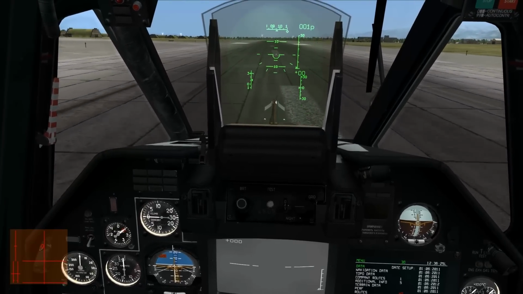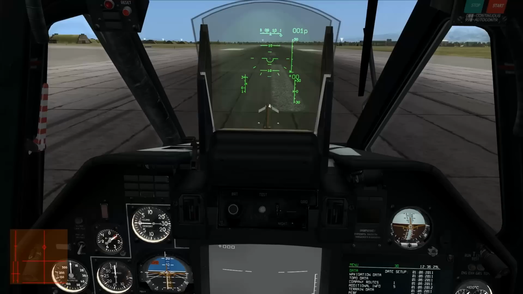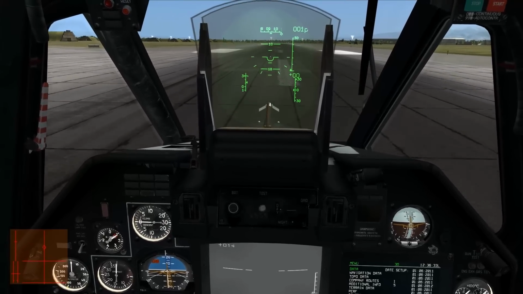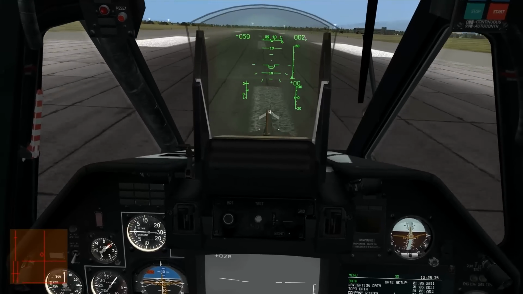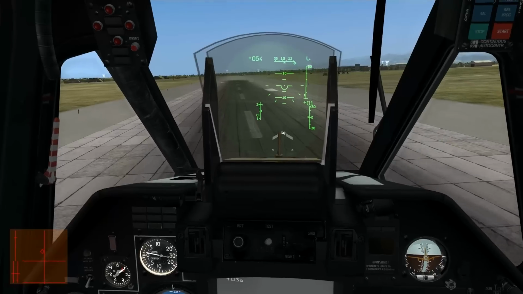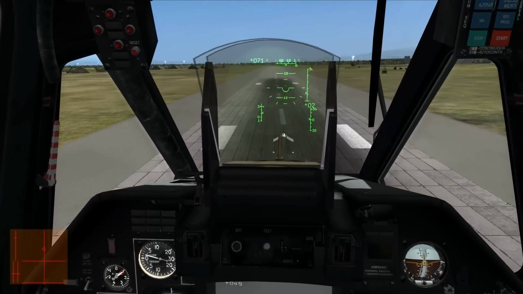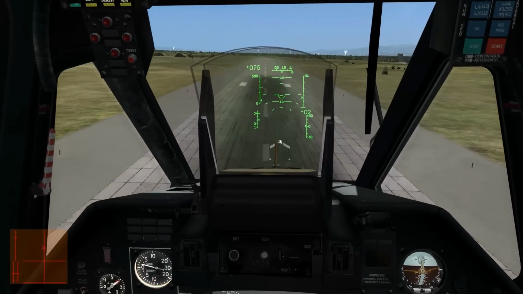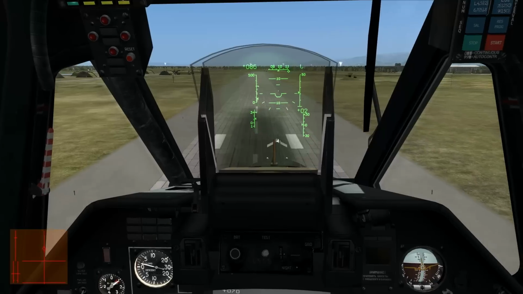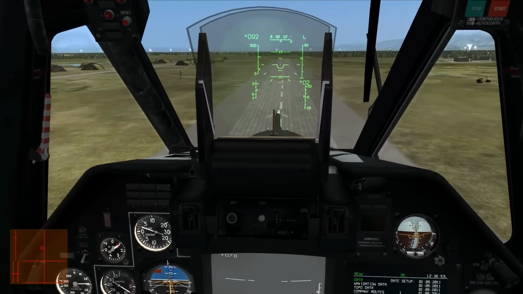and start pushing the stick a little bit forward, and you can see I'm adjusting it to maintain us straight on the runway. And now I'm going to increase my collective up to about 80%, and we start to become airborne. I'm using the rudder in order to maintain straight and level flight here, a combination of the stick and rudder. And I'm going to put our wheels up now,